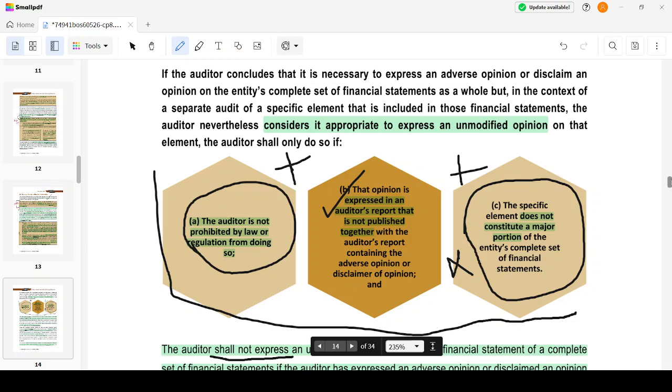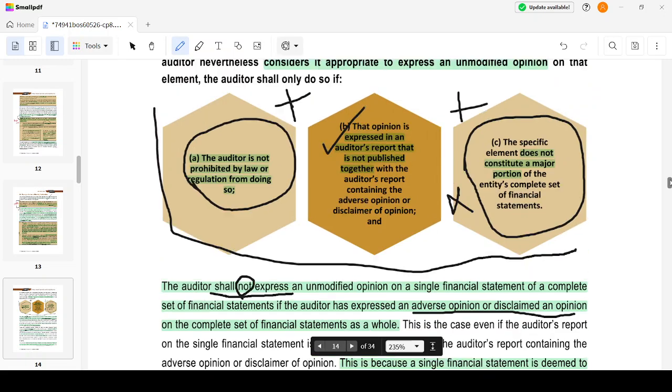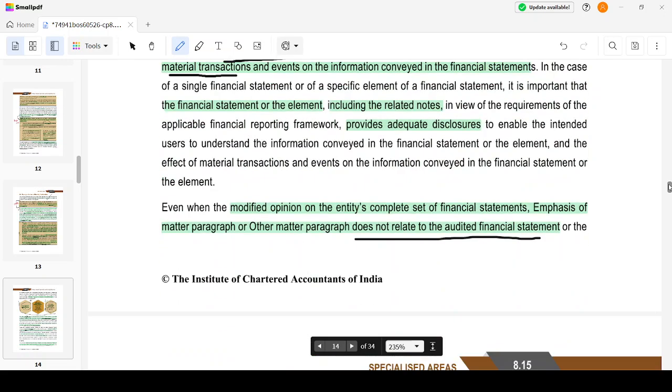The auditor shall not express an unmodified opinion on a single statement when the complete set of financial statements auditor expresses an adverse or disclaimer of opinion, because that is deemed to be a material portion. Here what you have said, if it is not a major portion, then I can give an unmodified opinion. Okay. Then